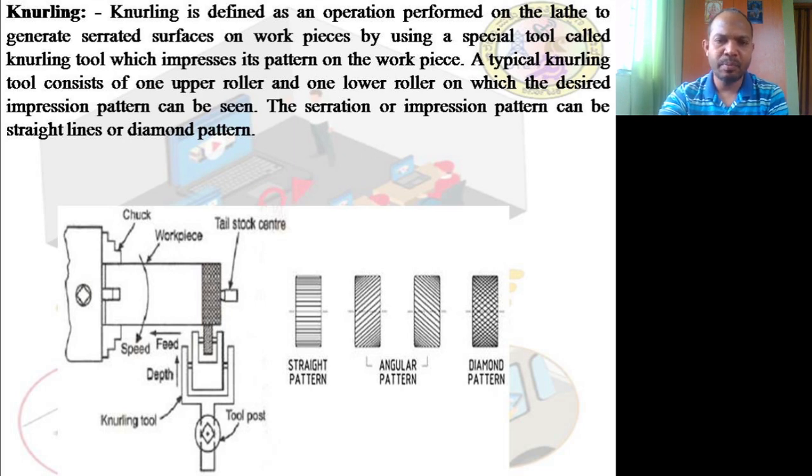Then there is a special tool for the knurling operation, which is a multi-point cutting tool. It is not a single-point cutting tool, and it only makes an impression. Making an impression is not a difficult task for soft materials. For example, steel is a very hard, very tough material. If you want to make an impression on steel, it is very difficult, so the load that you apply will be more dominant.